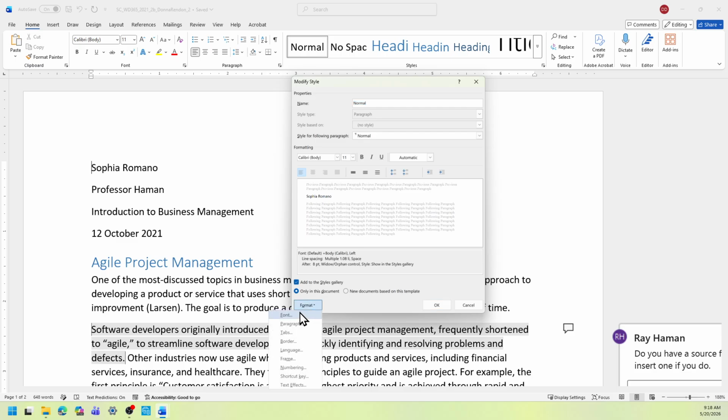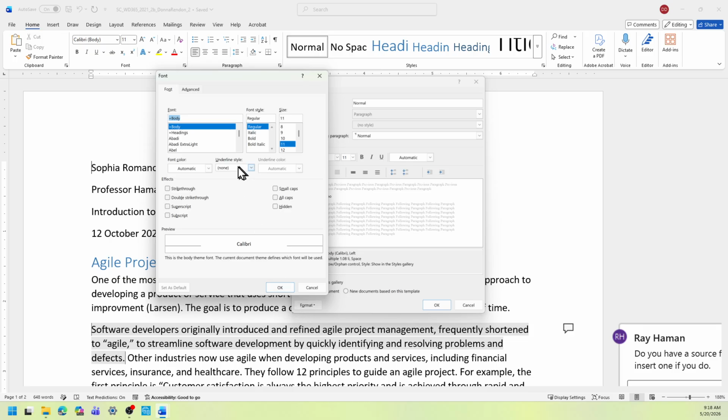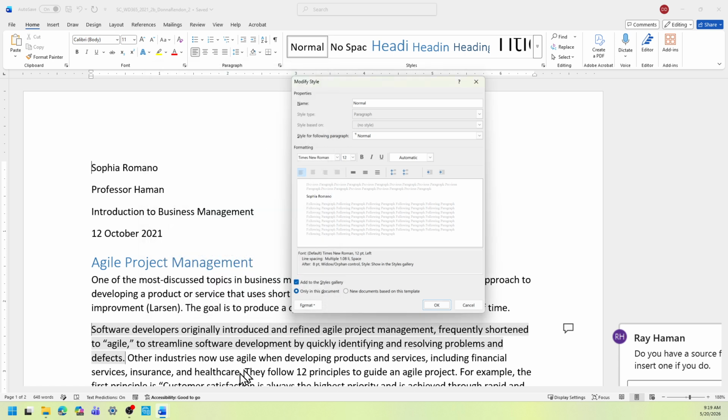You're going to select the fonts, and then right now the font is the default is plus body. I'm just going to type TI so that the Times New Roman shows up and I don't have to scroll up and down. And then the font size should be 12, and then you select OK. Okay, back to the instruction.